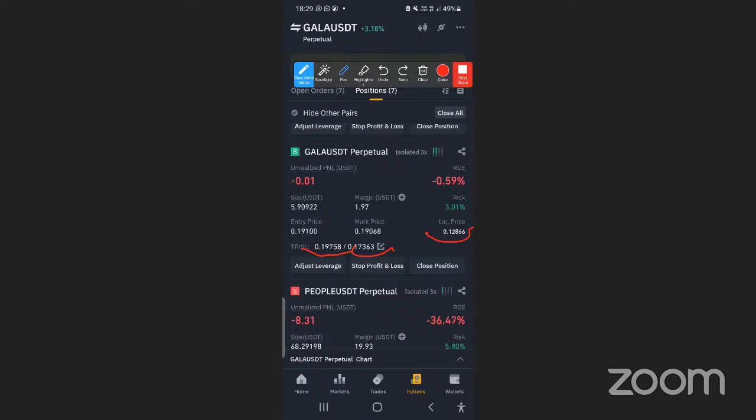Sometimes people don't trade with stop loss because they really believe the market will not hit liquidation. But if there was to be a severe market crash, it could happen. You understand? But another way to avoid that from happening, if you know that your liquidation is 0.12866, and you didn't set a stop loss because you didn't want to use stop loss, make sure you set